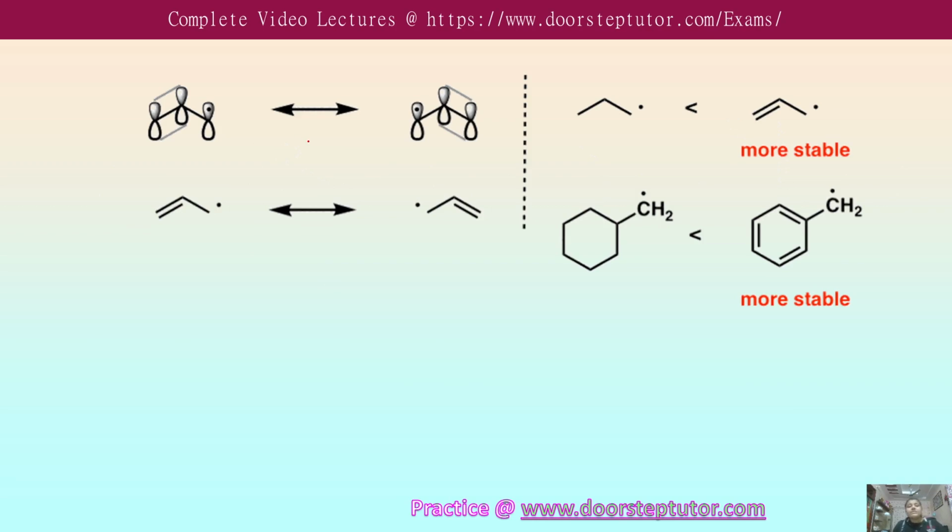Now consider, this is the orbital diagram of the free radical. So if we have a free radical on near